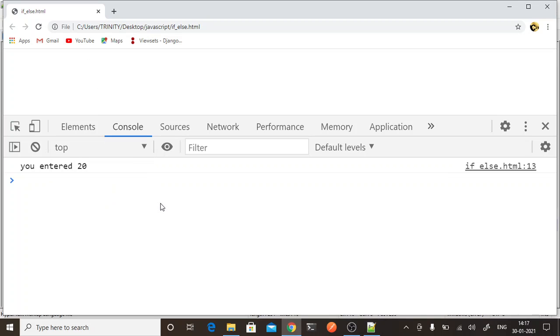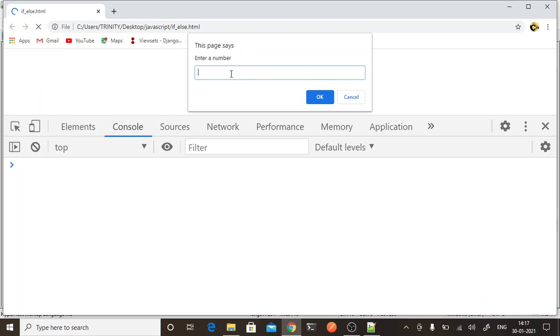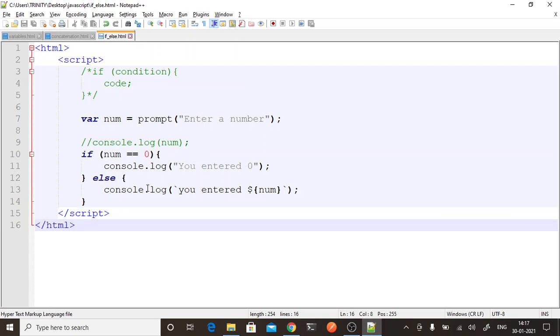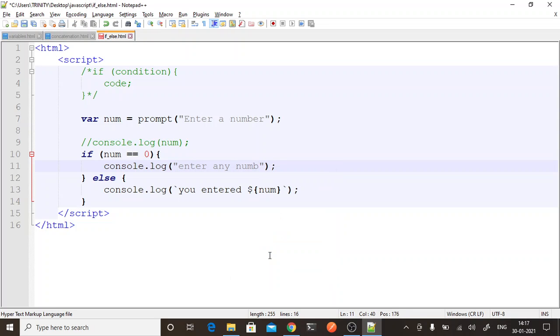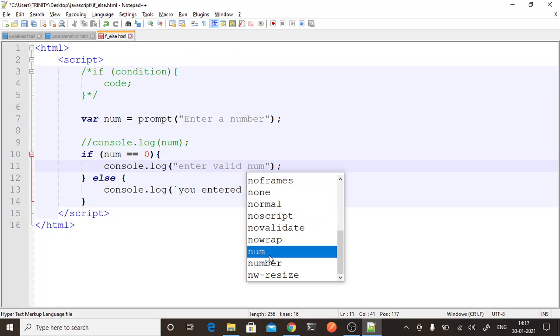But now I don't want to do that. I want to check whether the entered number is an even number or an odd number, right? So I will write conditions accordingly. If it is 0, I want to say 0 cannot be even or odd. So I will just say enter a valid number.